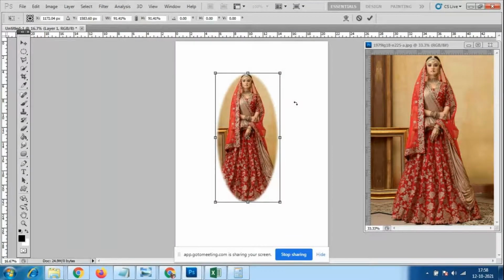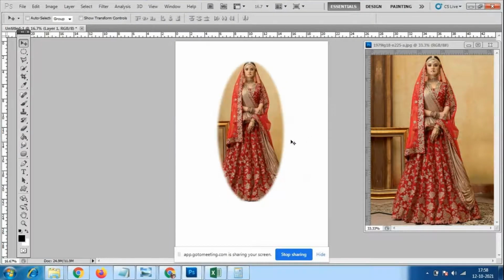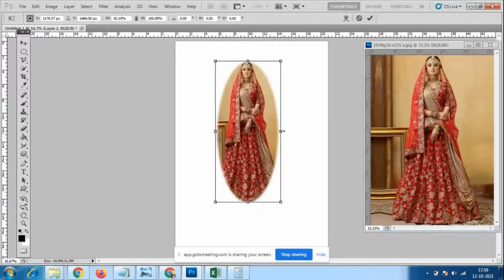If you do not press the Shift, then the image will become like this. Okay, fat bridal. Okay, Control T. You can see in any of the marriage photography, they don't want to look fat. They are telling the photographer to make them thin. So those kinds of things we can do with photography, with all these tools only. However much we want, we can make it thin like this.